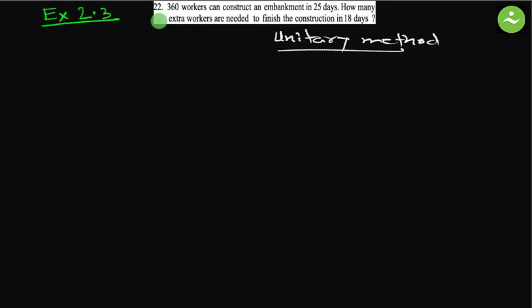Question number 22. 360 workers can construct an embankment in 25 days. How many extra workers are needed to finish the construction in 18 days? So 2 things change. One is the number of workers and the other is the number of days. Workers and days. And what doesn't change? The work remains the same. So we write at the top the thing that doesn't change. To complete the work,